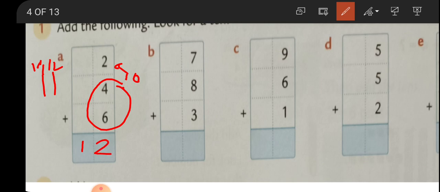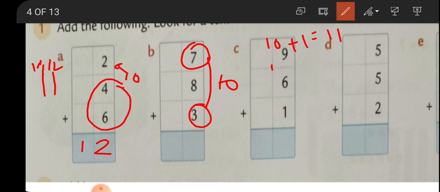Okay, now 7 and 8 and 3. Which two numbers will give you 10? Of course, 7 and 3. Now this is 10, and now 10 plus 8. Now see, when you add a number with 10, the calculation also becomes very easy. See, I'll tell you, children, how to go about. When I say 10 plus 1,